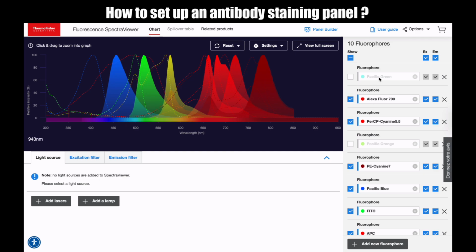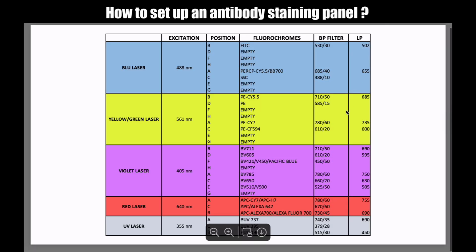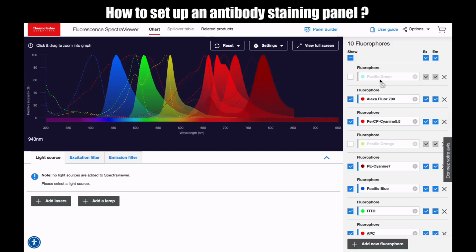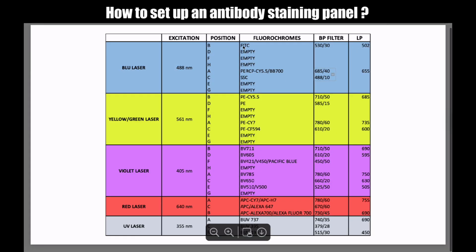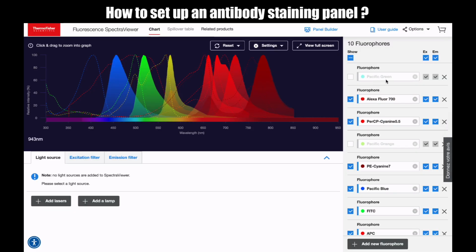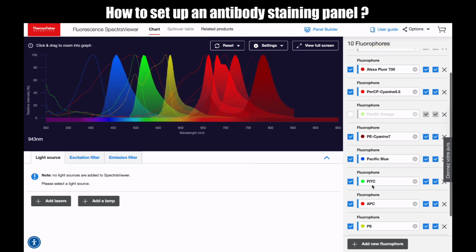The other 2 I cannot read because I don't have them in my fluorochrome list. You can check if they are similar to some of them. For example, Pacific Green is similar to FITC, but you cannot read Pacific Green because you are already using FITC, as you can see here.